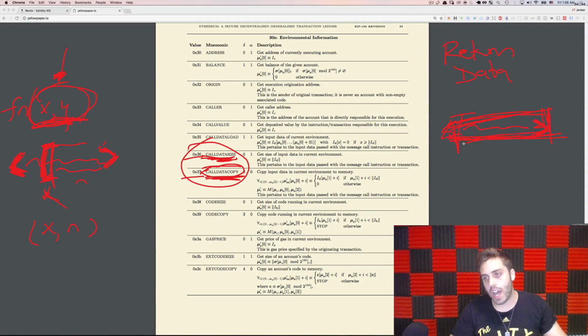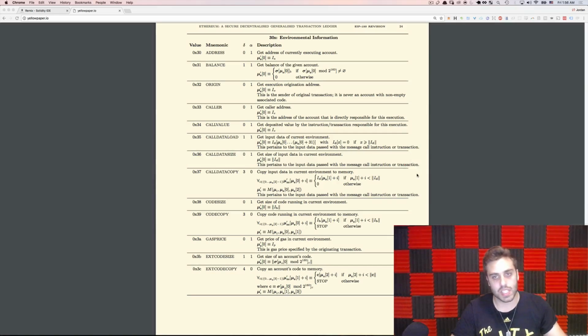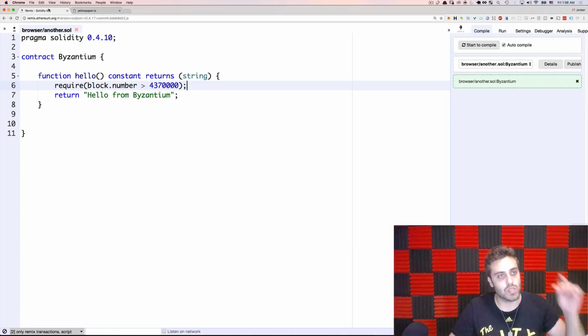So what's going to happen is we're going to have two new opcodes. We're going to have return data size, and we're going to have return data copy. And these are going to behave exactly the same way that the call data opcodes do. So this is kind of like battle tested already. But these two things in tandem are going to allow error messages to exist. And when we go back to Solidity, most smart contract developers aren't going to need to deal with the opcodes.